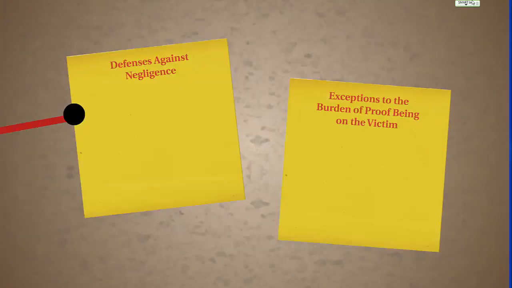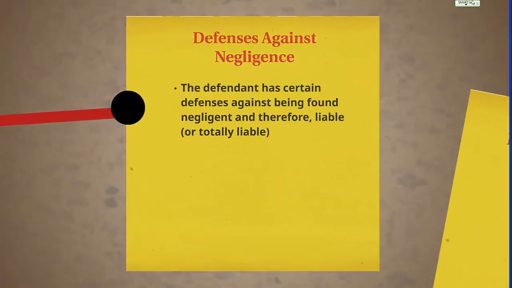There are a couple of other relevant legal concepts to legal liability. First, defenses against negligence. A defendant has certain defenses against being found negligent and therefore liable or totally liable for damages. First, contributory negligence. Contributory negligence is no longer common in the United States, but historically, more than 150 years